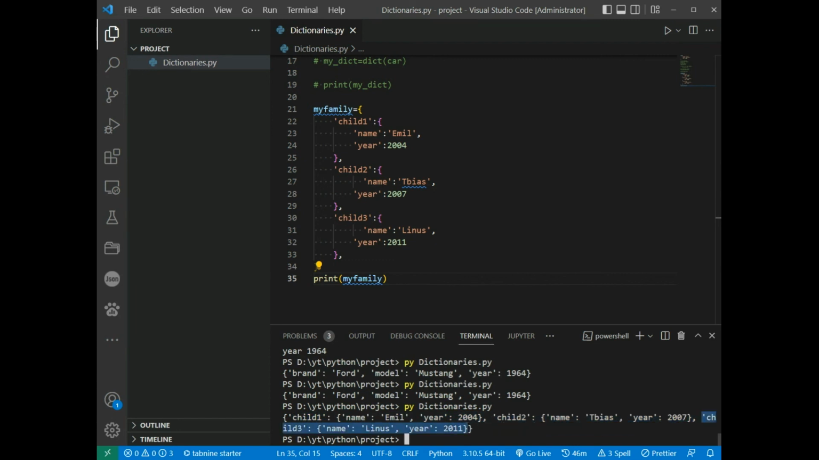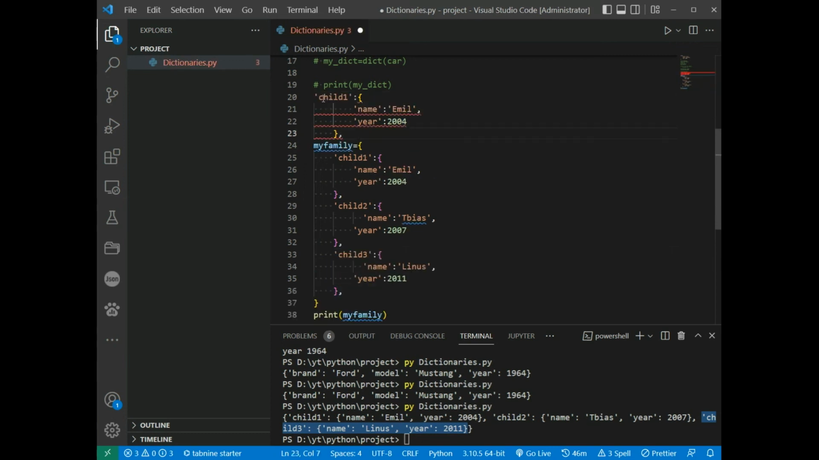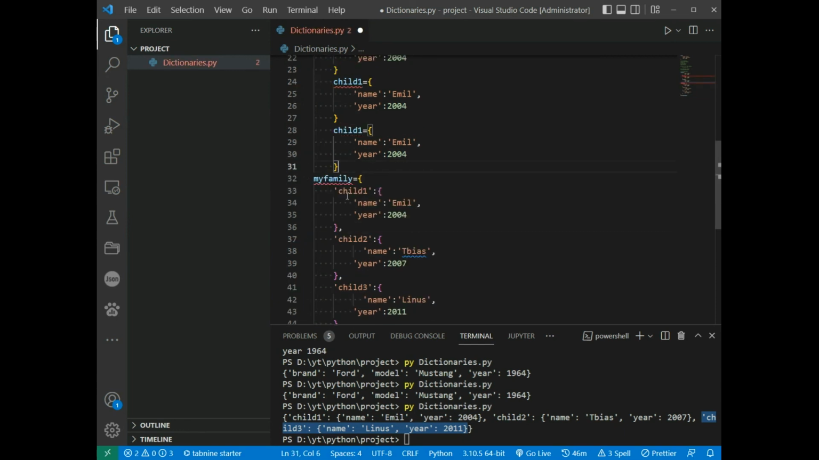Or if you want to add 3 dictionaries into a new dictionary, you can create 3 dictionaries. Then create one dictionary that will contain the other 3 dictionaries. So I copy this and paste here. Child 1 is a dictionary, and copy, paste and paste,